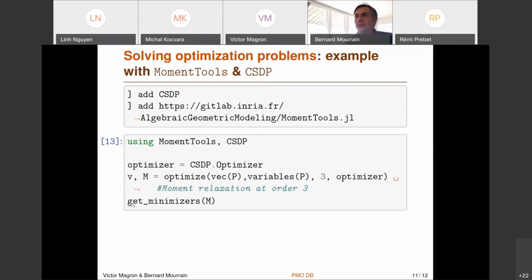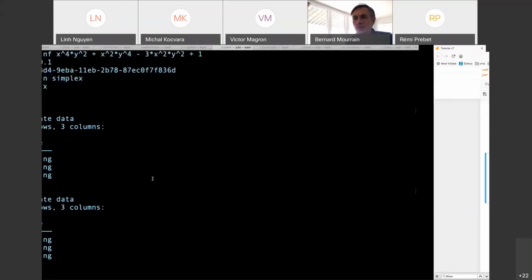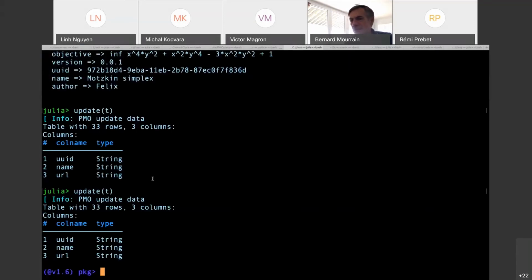So the first thing is to add these packages if you don't have them locally. So let's do it. So we move to the package mode, add CSDP,